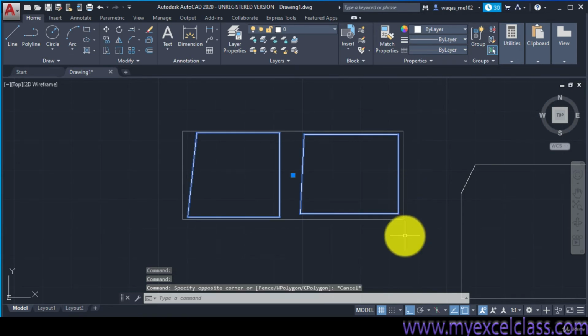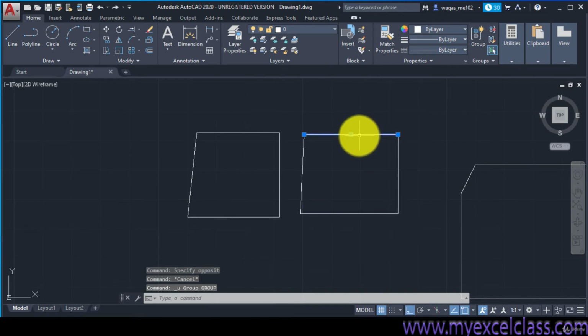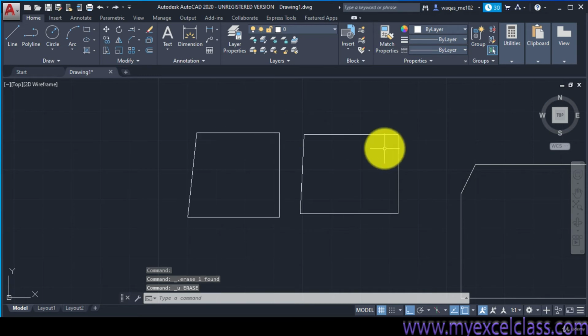Well, this is a different case. What I want to tell you is that when I click here, these lines are different. When I click here, this is the same result, and if I want to remove this line, it will be difficult for me to remove. When I click on this top line and want to remove it, it will be removed. All Control C, and if I want to remove this line, it will be easy to click it. So I got the same thing.